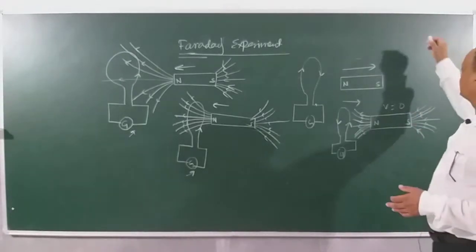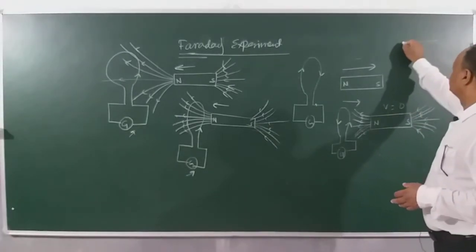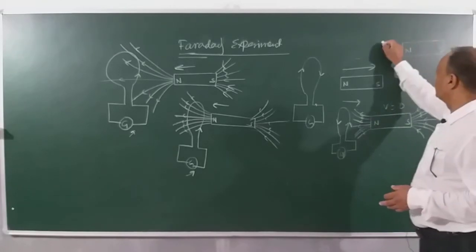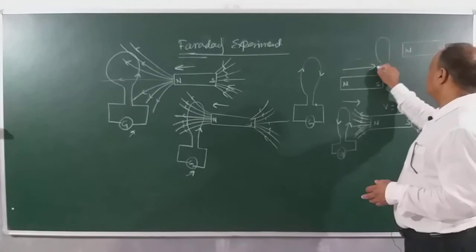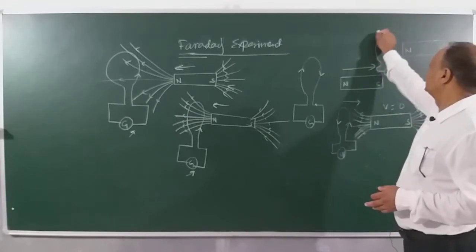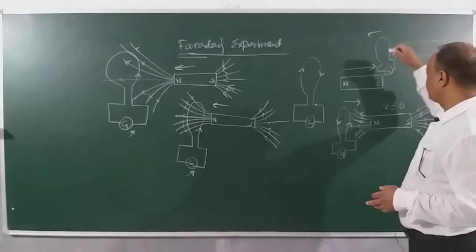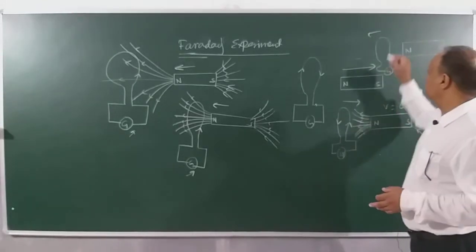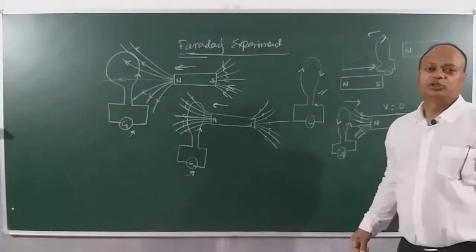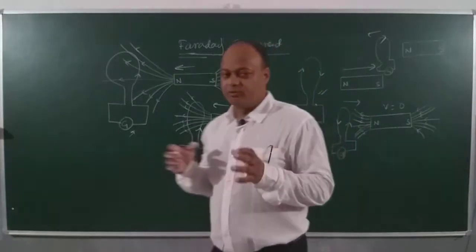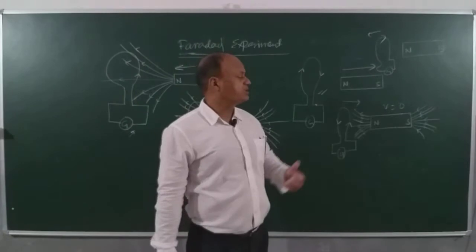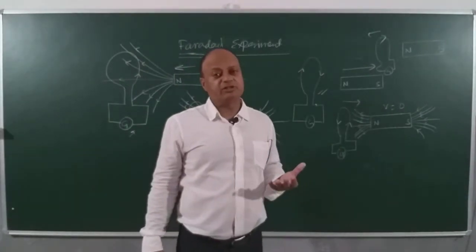Now he repeated the experiment. He took the magnet here and the coil is here. Here you have galvanometer again and he tried to move the coil away. In this case he found here current was anti-clockwise, here the current again became clockwise. Similar result that we have seen here. So he found that whether you move the coil or whether you move the magnet, in both cases EMF is being induced and therefore current is also being induced.